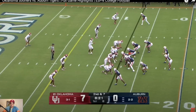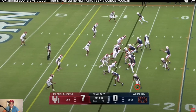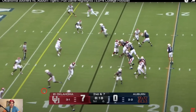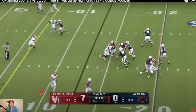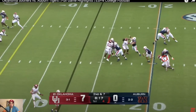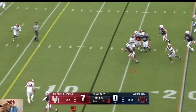So you get another big Auburn play here with some pre-snap motion, but this time it's just passed off pretty well. Like the coverage on the back end of everything is good here, but you do have to worry about the QB run game. Now, this gets into a slippery slope if you are an Oklahoma fan,